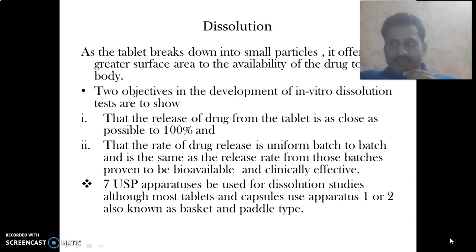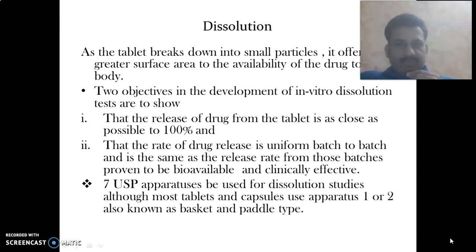Usually this in vitro dissolution test is performed using a variety of equipment or apparatus. The main equipment is described under the United States Pharmacopoeia. According to the United States Pharmacopoeia, there are 7 types of dissolution test apparatus that can be used to study the dissolution of the drug. The main objective of developing this in vitro dissolution test is to show that the drug release